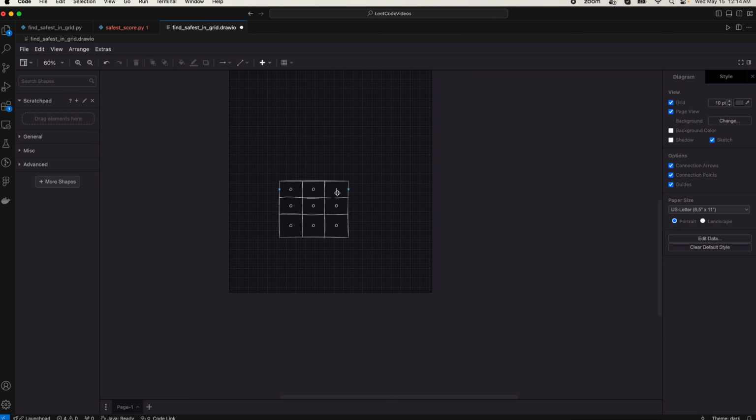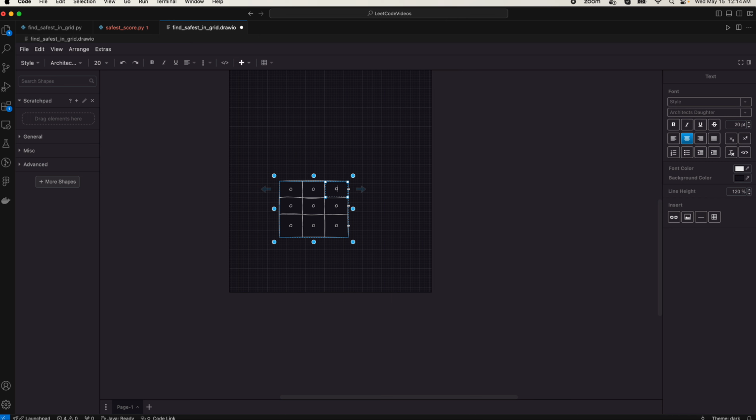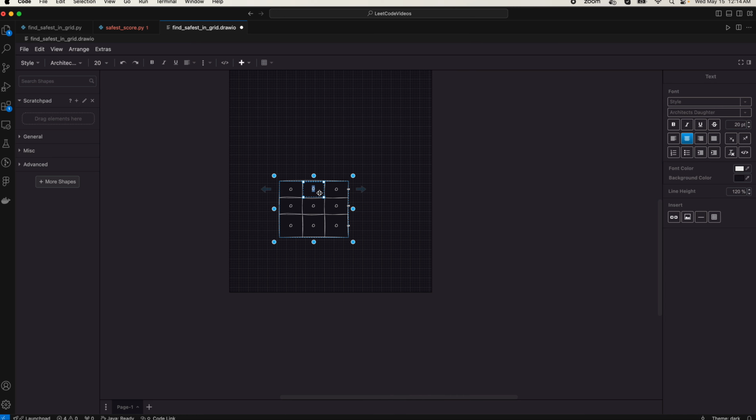This is the matrix we have. The safeness factor for this particular grid is 0 because the distance is 0 from the grid itself. And in this one, because the thief was here, the distance from the thief to this grid is 1,